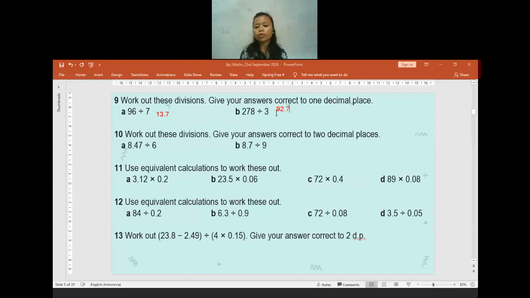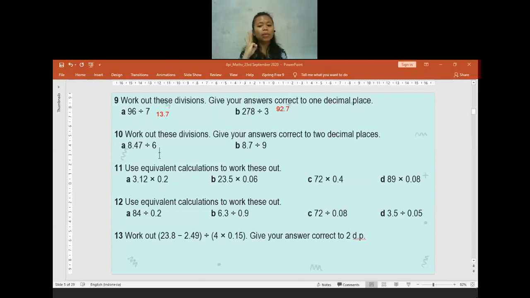Any question? If you maybe need other steps, you can tell me. For those who have a different answer or get confusion, if you want me to show all the steps, you can ask me. No? Okay, none of you tell me anything. I hope it's already clear enough. I'll continue to question 10.